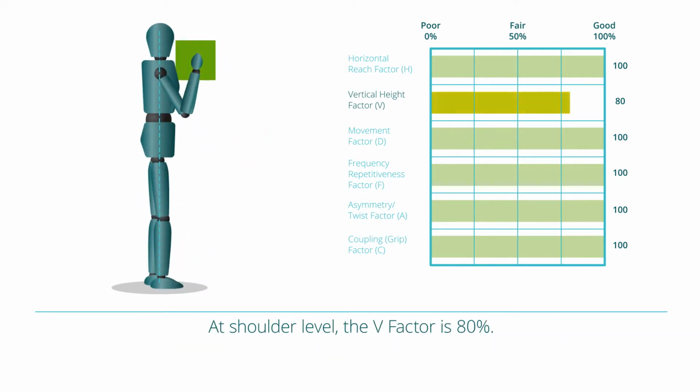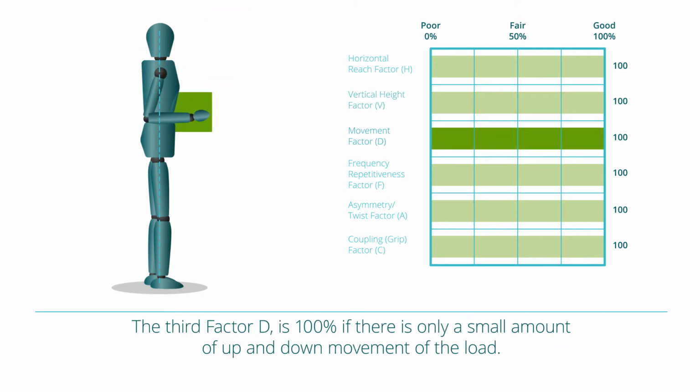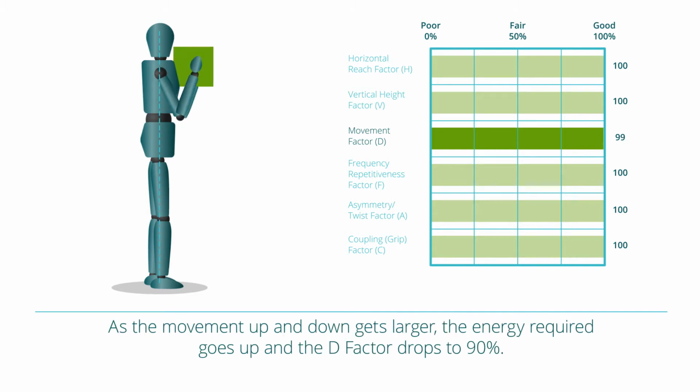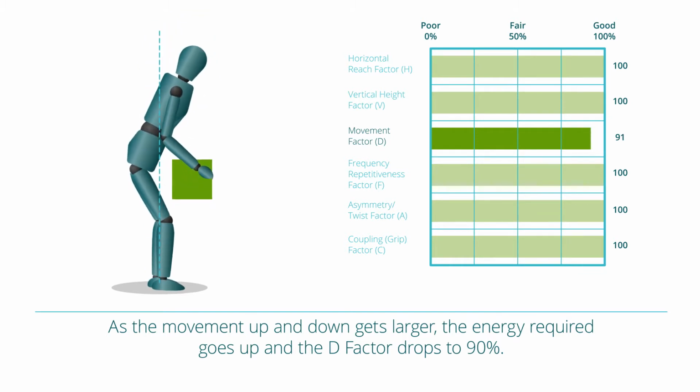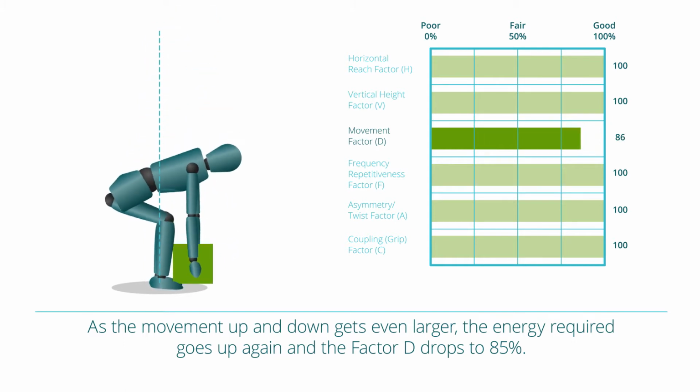At shoulder level, the V factor is 80%. The V factor drops to 0% for an overhead lift. This lift is stressful for the shoulders, and loads should not be routinely lifted or lowered at this height. The third factor, D, is 100% if there is only a small amount of up and down movement of the load. As the movement up and down gets larger, the energy required goes up, and the D factor drops to 90%. As the movement up and down gets even larger, the energy required goes up again, and the factor D